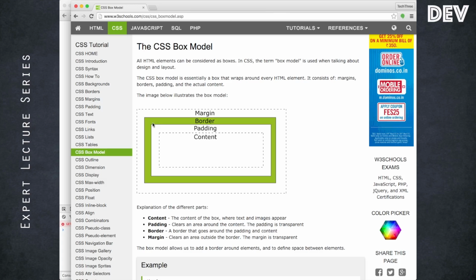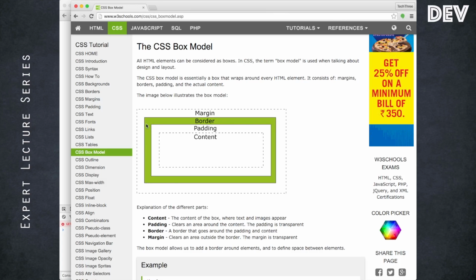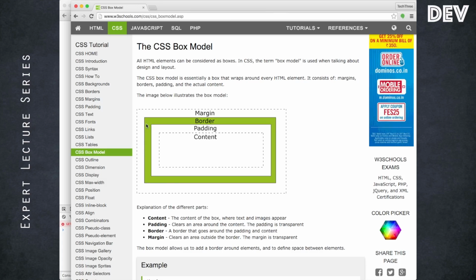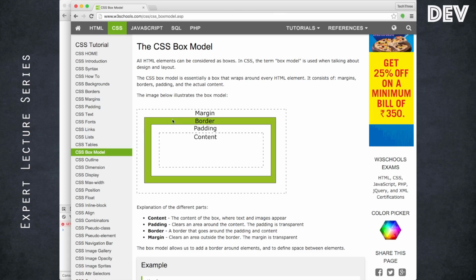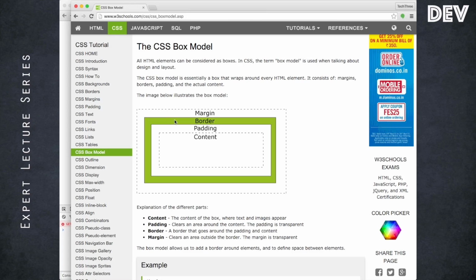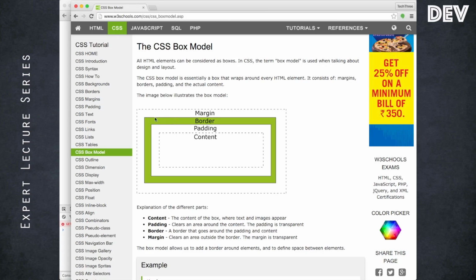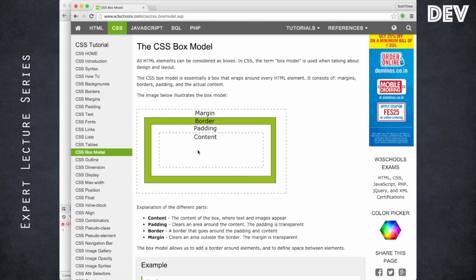So any box we were creating, or any block we were creating, remember it had a border. By default the border is set to 0, it's invisible, assuming that's the border or the dead end of your blocks. And any margin you specify, the value will be calculated outside of your border, and any padding you specify will be calculated after the border, or inside the border. So if you want, you can take this as a reference for your box based design.